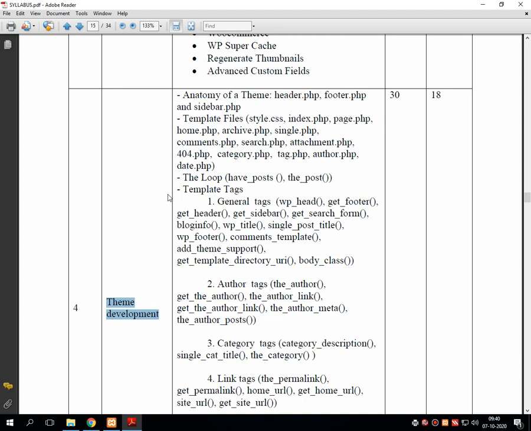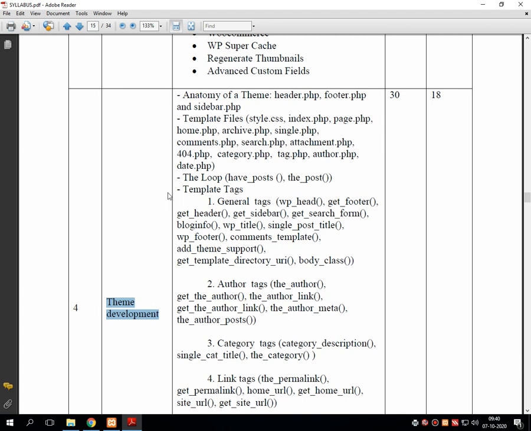Whenever the human body is dissected by doctors to search for its internals, that is called anatomy. Similarly, here the theme is a body of which we have to analyze each and every part. That's why the name is anatomy of the themes.